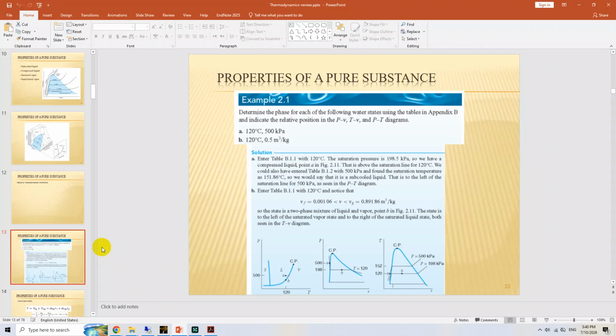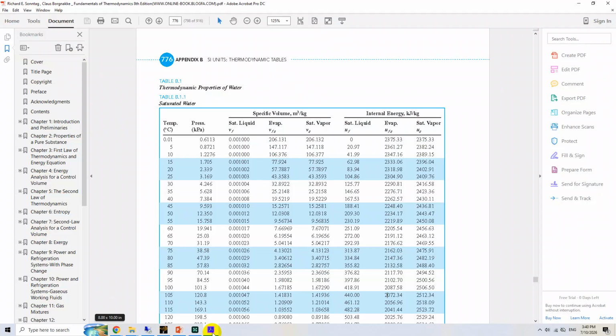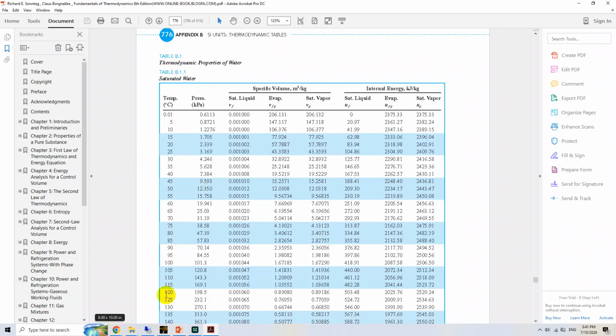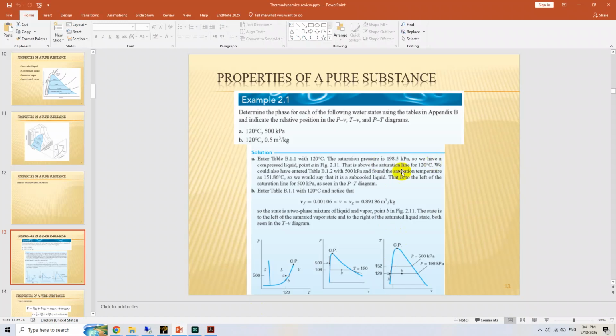When we look at table B.1.1 at 120, you can see in this section that when the water is at 120 degrees, the saturation pressure is 198.5 kilopascal. So when the pressure is 500 kilopascal,